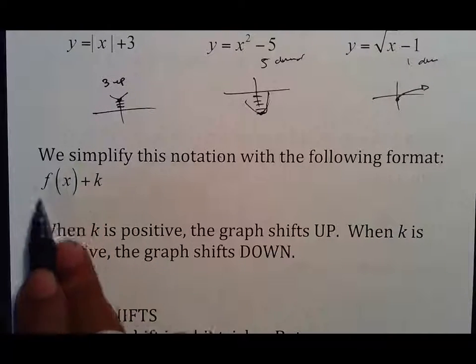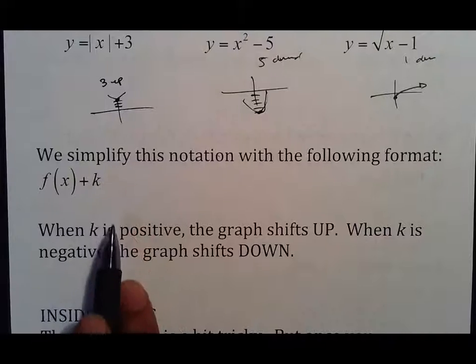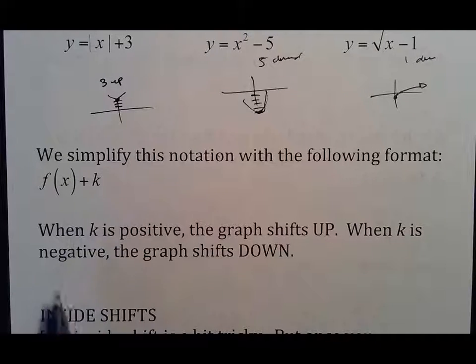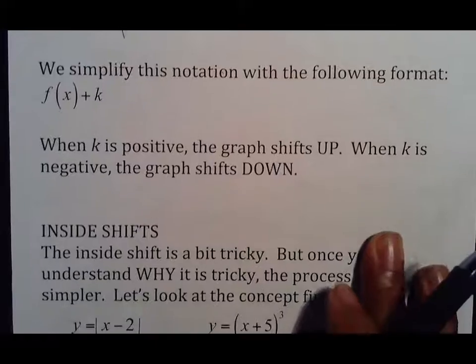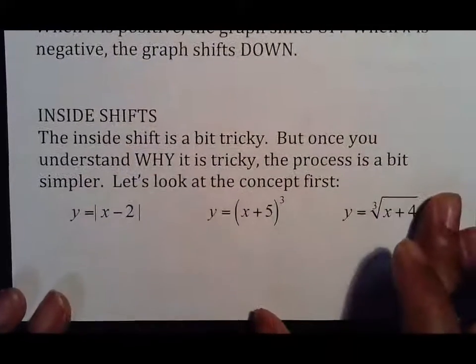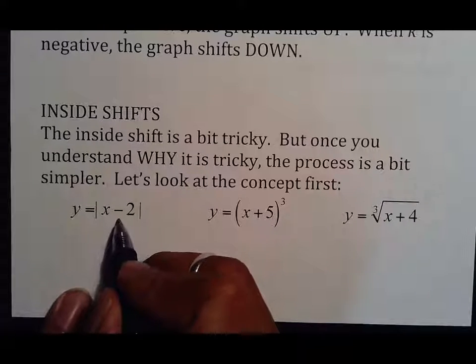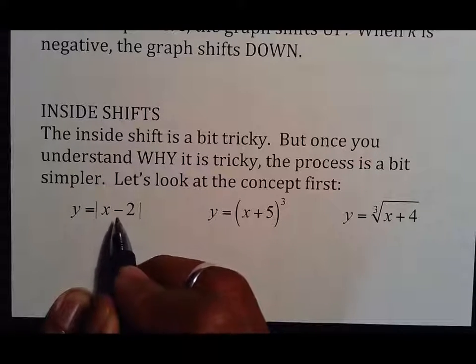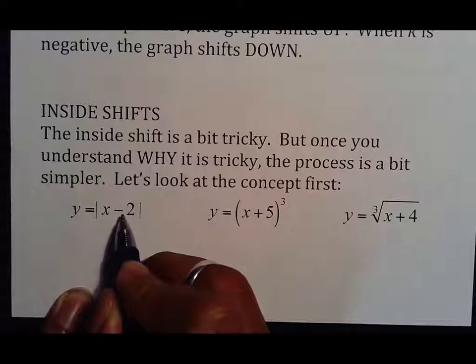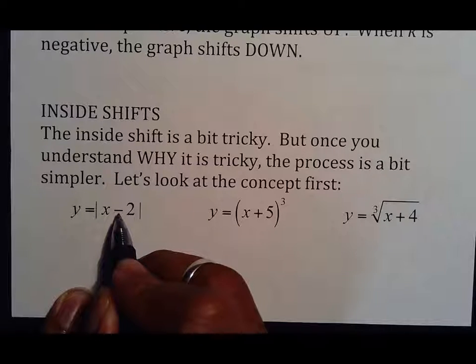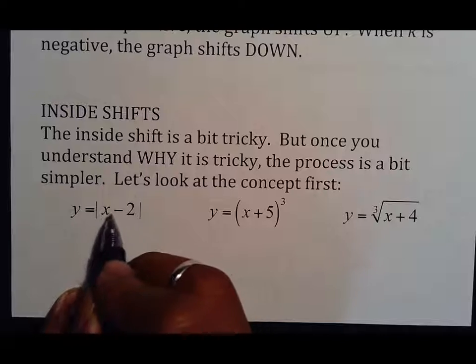In other words, the general graph plus some shift, and what is that doing? That is moving the graph up when it's positive, down when it's negative. The inside number is tricky, but once you understand why, it's not so bad. This -2 would typically make you think that it moves, if you're talking inside going left and right, that it would go left. But the thing is, the value of x that makes this 0